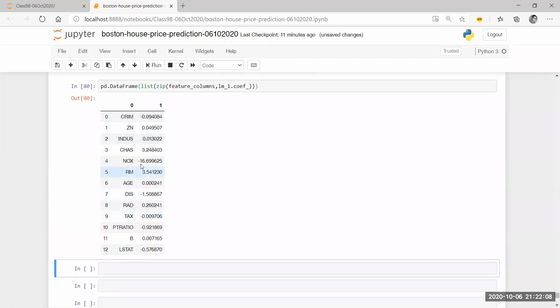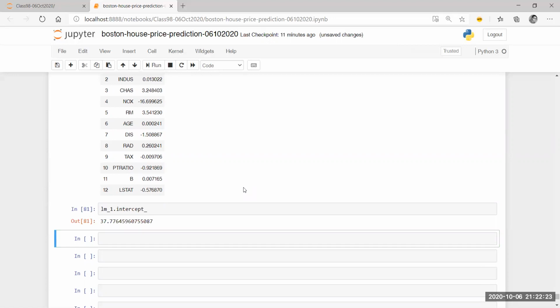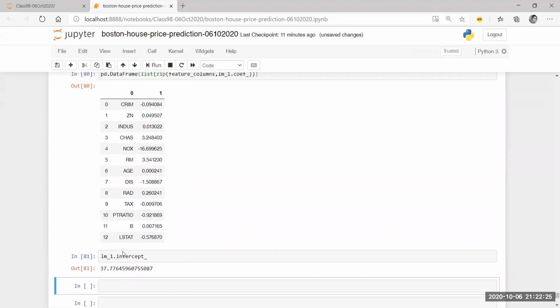These are the thetas, right? This is theta 0, theta 1, and so on. So theta 0 is my intercept. It is not the coefficient. So what is my intercept? I can find that as intercept is this, right? So this is my theta 0. Theta 0 is this. So first of all, the validity of the model is quite important.